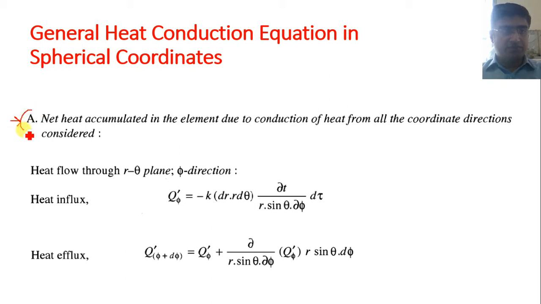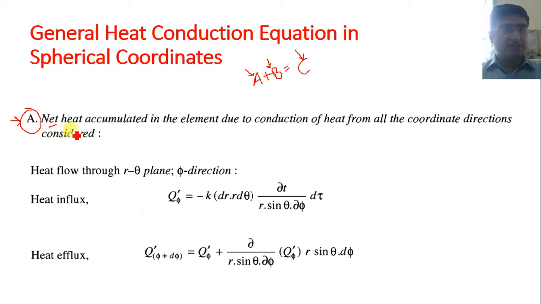Here, first of all, we have to find the A portion. As we all know, first we have to find the A portion, then the B portion, which is equal to the C portion, where A indicates the net heat accumulation in all three directions, B is the amount of heat generated within the element, and C is the amount stored within the element. So in the case of energy balance, we follow A plus B is equal to C. First we are finding the A part.